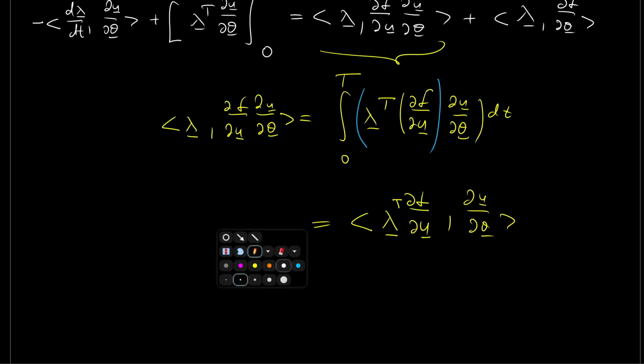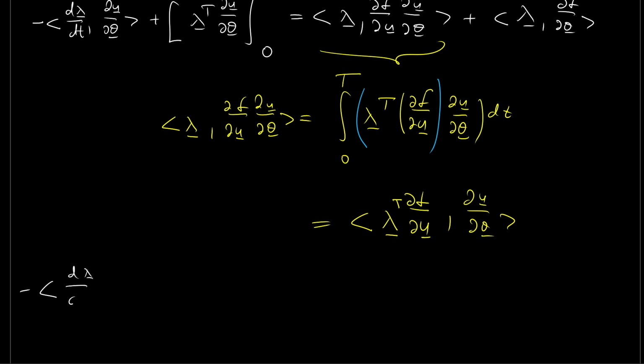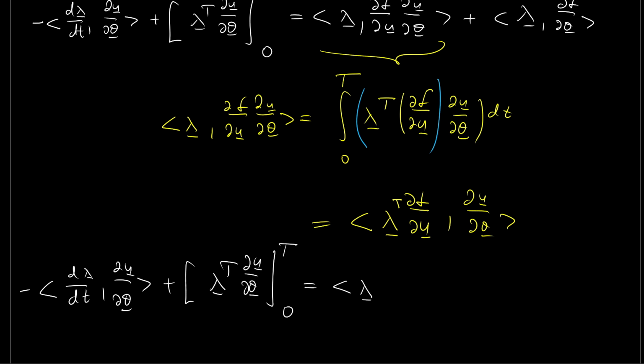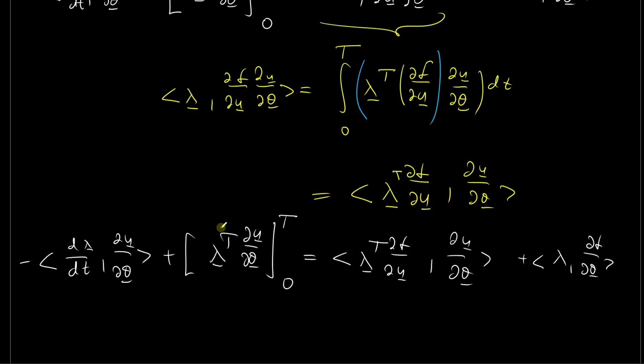Okay, now let's write this down once again. So we will again have the inner product, or the negative inner product, of the time derivative of the adjoint variable and the Jacobian we do not want, plus the vector-Jacobian product of lambda and the Jacobian we do not want, evaluated at 0 and capital T, is equal to the inner product of lambda transpose with f with respect to u, so a vector-Jacobian product, and u with respect to theta, and then plus lambda and df by d theta. As a next step, I want to look a little bit closer at this boundary, or our temporal limits